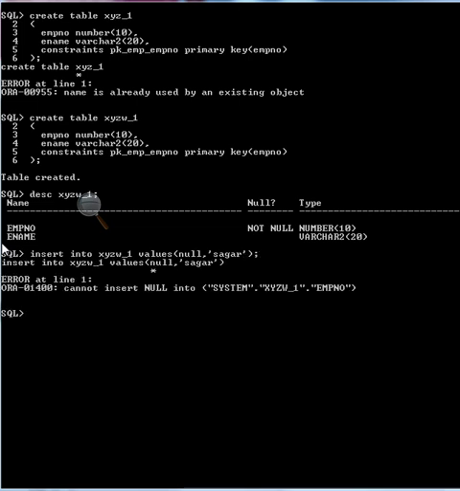Okay, so it is giving me an error: cannot insert null into system.xyzw_1.